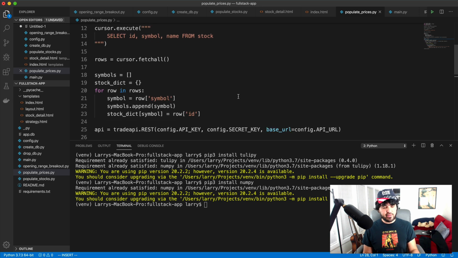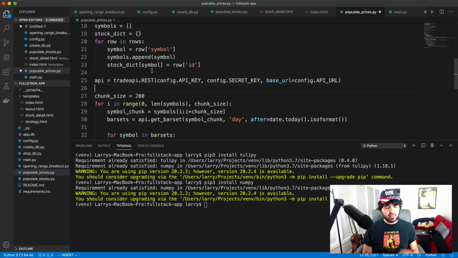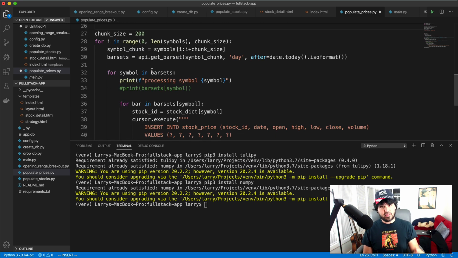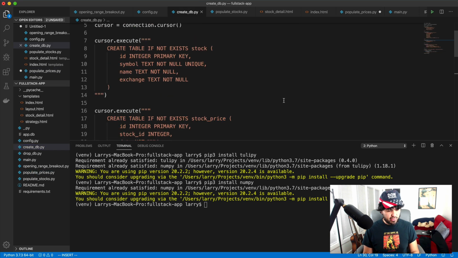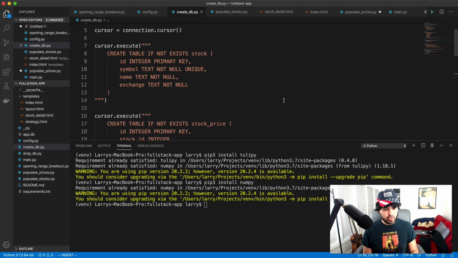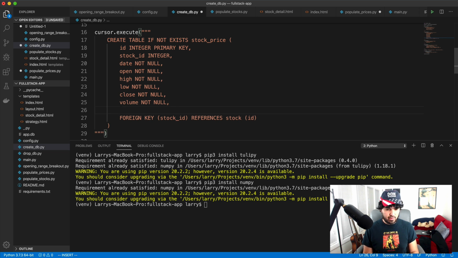So in our populate prices, we're looping through all the stocks in our database, and we're going through those symbols and chunks and populating the prices. But while we're populating the prices, why don't we go ahead and populate a simple moving average and store it? So insert into stock price, right? Let's add a column for storing the simple moving average and RSI as just simple examples. And so we have our database structure here for stocks and stock prices, and let's just keep track of those two things over time. So I'm going to add a new column, and I'm going to call it,